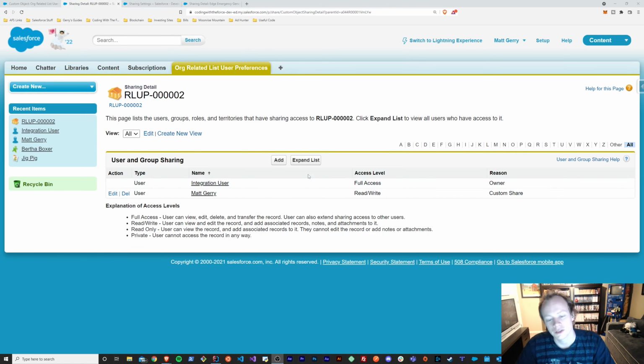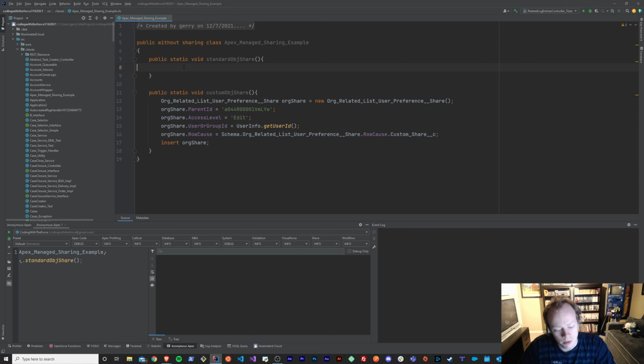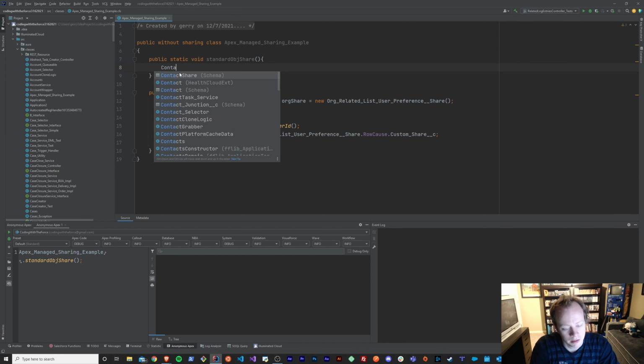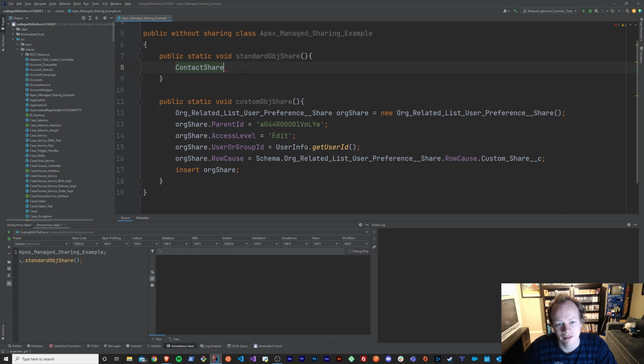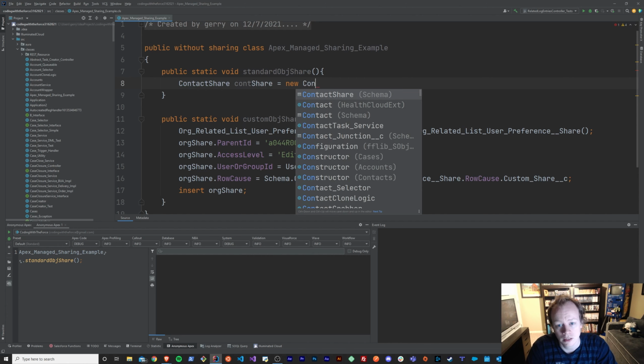Before we get into the ways that you can work around this problem, let's just first figure out how you could actually create shares for standard objects. So we'll pick the contact object, and I'm not sure how I got so zoomed out here. But let's get zoomed back in, and we will just set up a contact share because it is a little bit different. So we'll say const share equals new ContactShare,